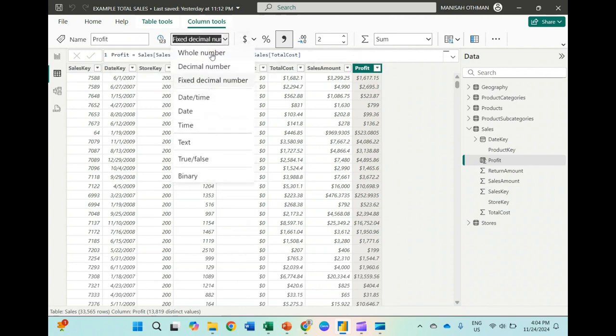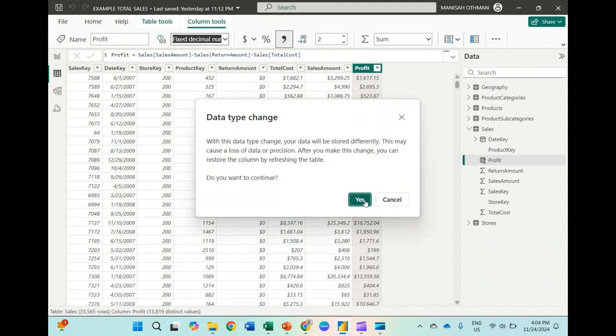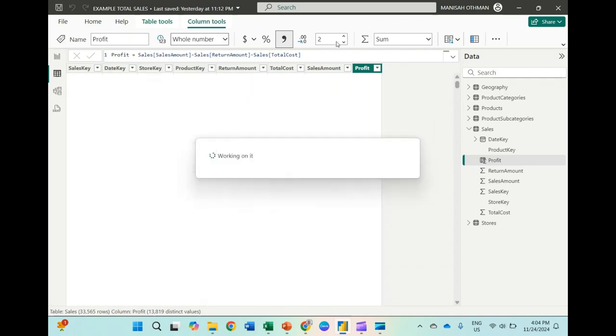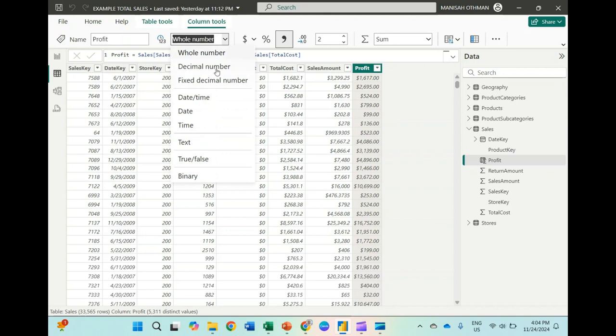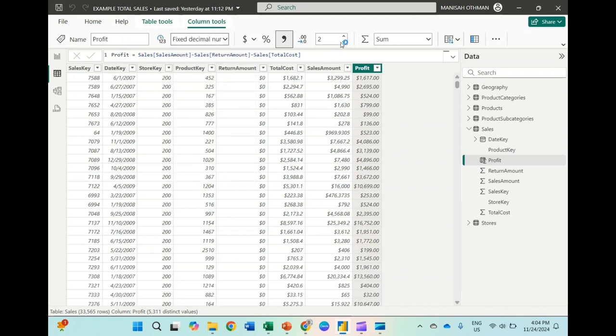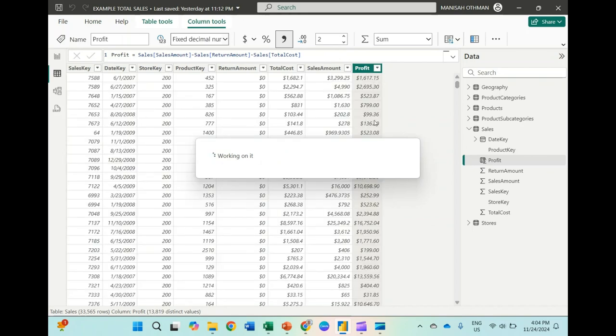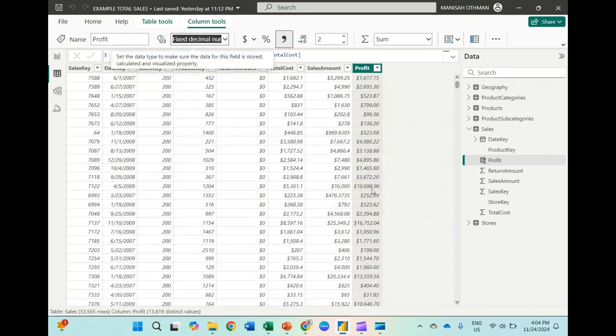Then fixed decimal, so now all of them have 2 decimal points. Whole number changes it to a whole number. You can change the others as well. This is how you can create a calculated column in the tables.